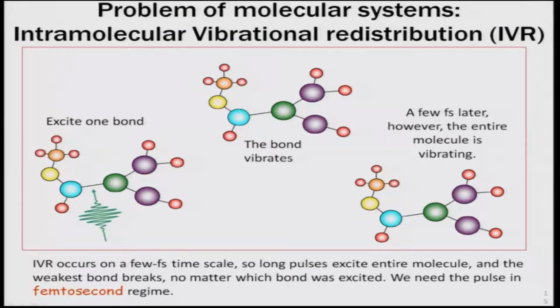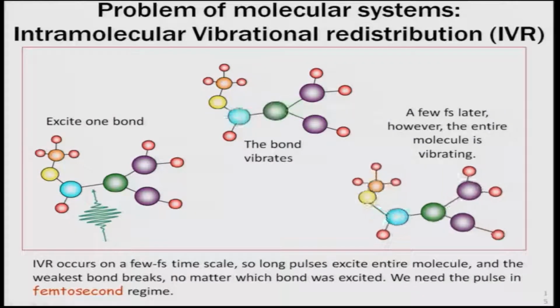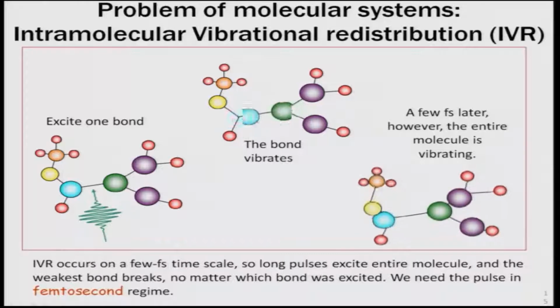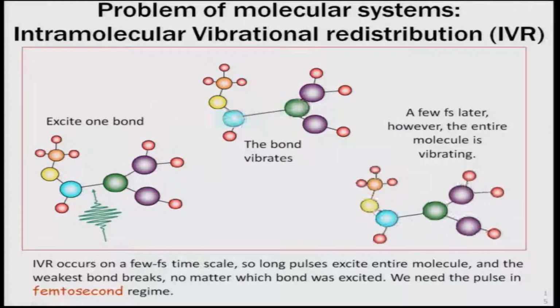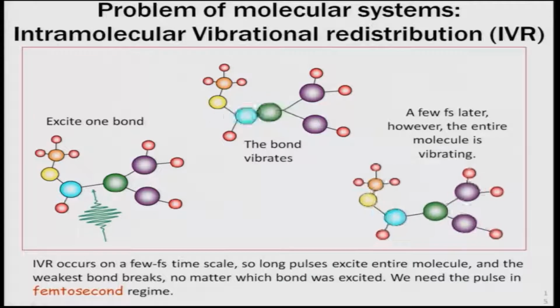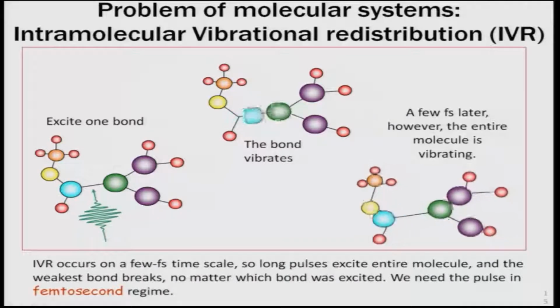So, the overall problem that we have been discussing is the idea of molecular interactions due to intramolecular redistributions, and whenever molecules are going to be used for quantum computing, these are important steps to be understood, because no matter how hard we try to excite a single bond, and even if a single bond vibrates, within a few femtoseconds, however, the entire molecule starts vibrating, and that is because of this principle that we just showed,